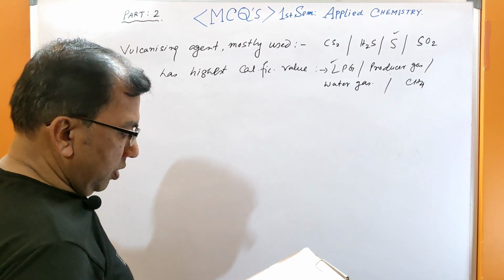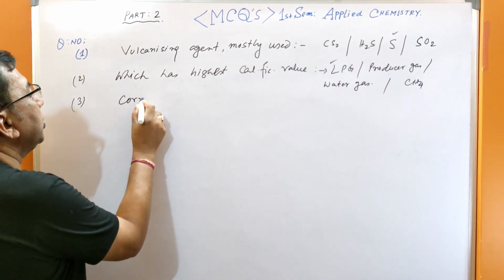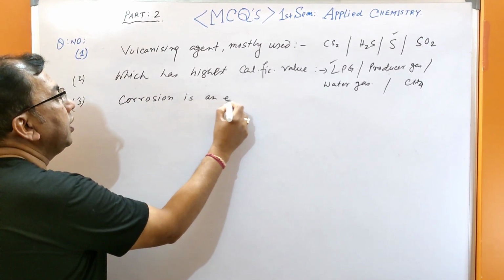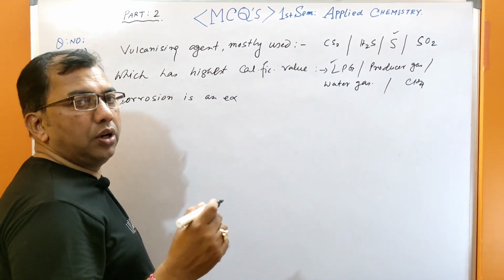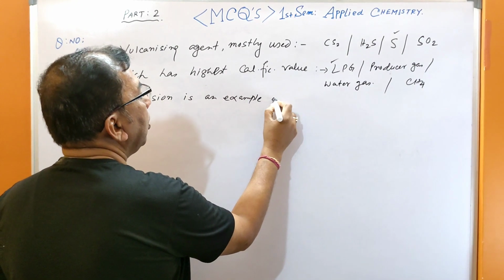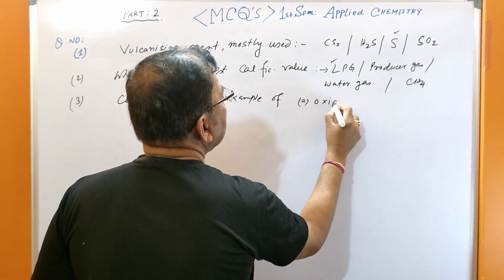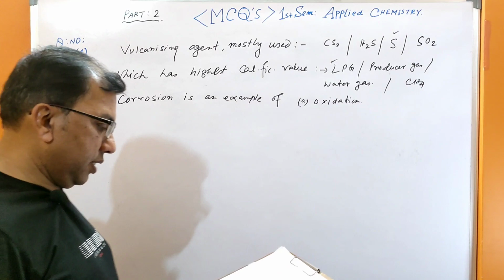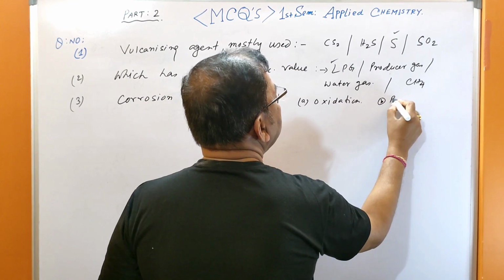Next, corrosion is an example of what? We have learned corrosion. Write with me, everyone. Corrosion is an example of: option A, oxidation, option B, reduction,